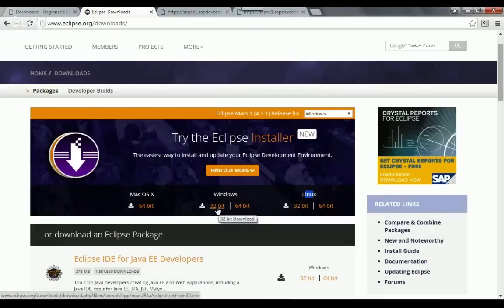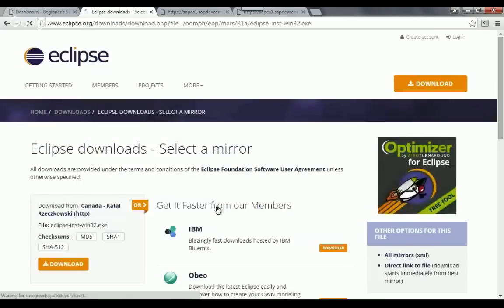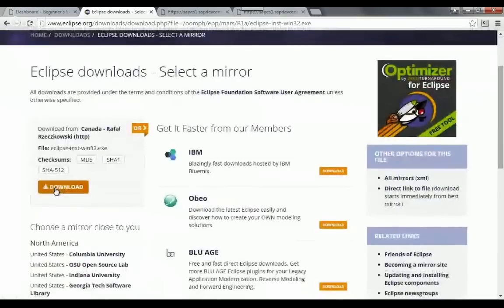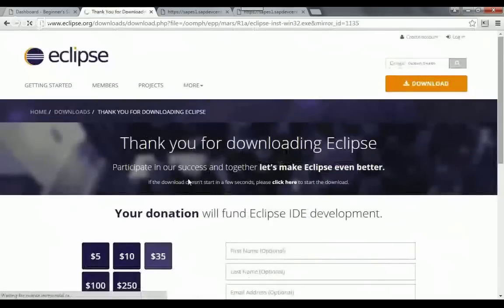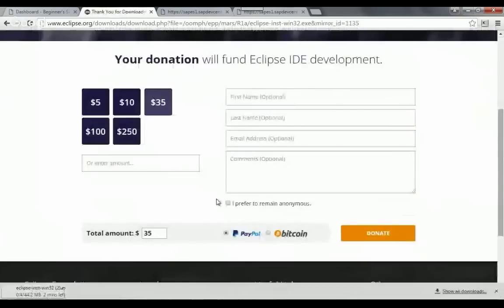So installation is very easy. Just click that link. It will take you to the download option. Then you just click download and it will start the download. So I'm going to click that. It's asking for some stuff here. Once the download is done, I already downloaded it, but it's going to take just 2 minutes.